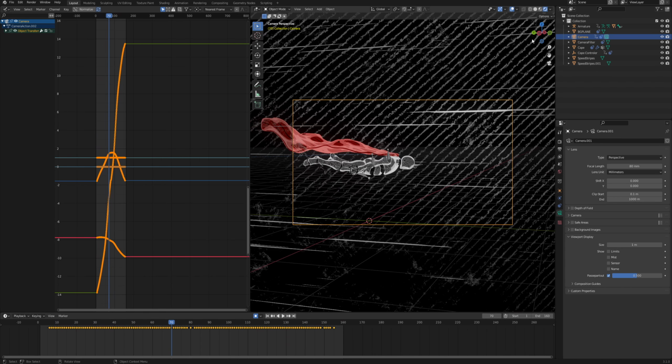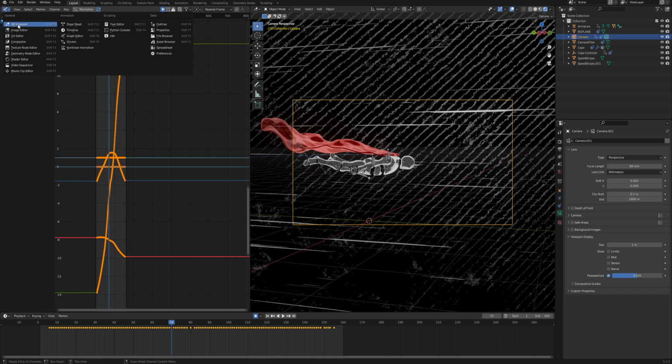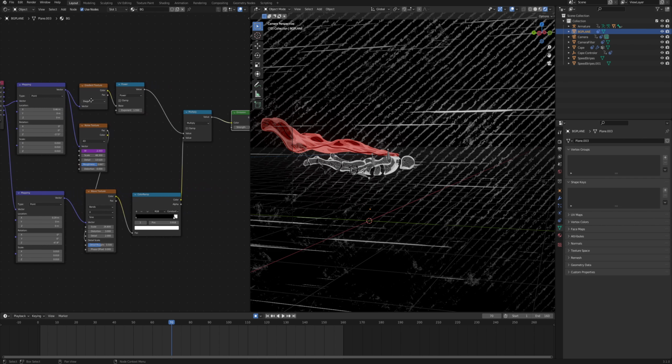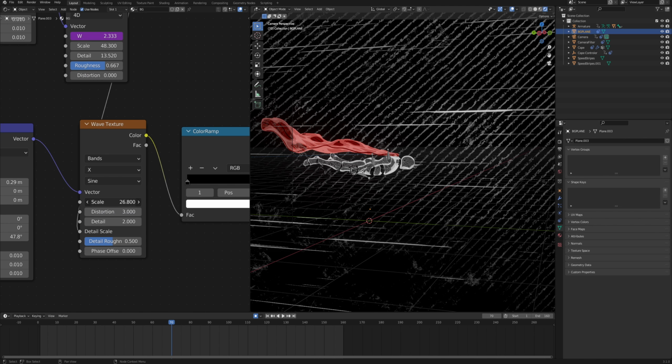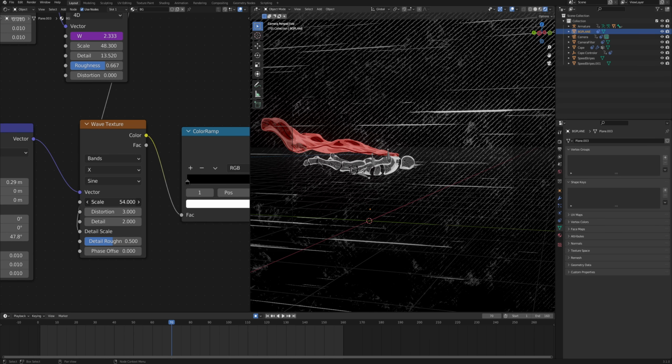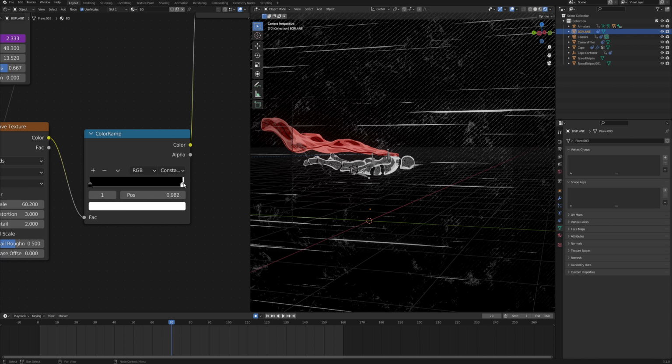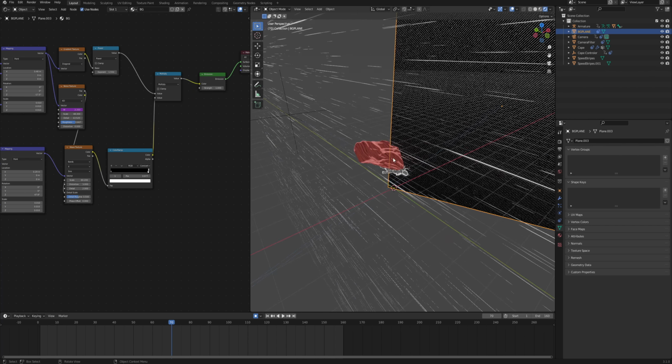And I think that's amazing. Maybe the stripes in the background are a little bit too thick and there is too little of them, so we can always adjust that. That's the background plane. So wave texture, increase the scale. We want this only to be the background. We don't want this to take too much of our attention. Something like this. And yeah, that would be it for the tutorial.